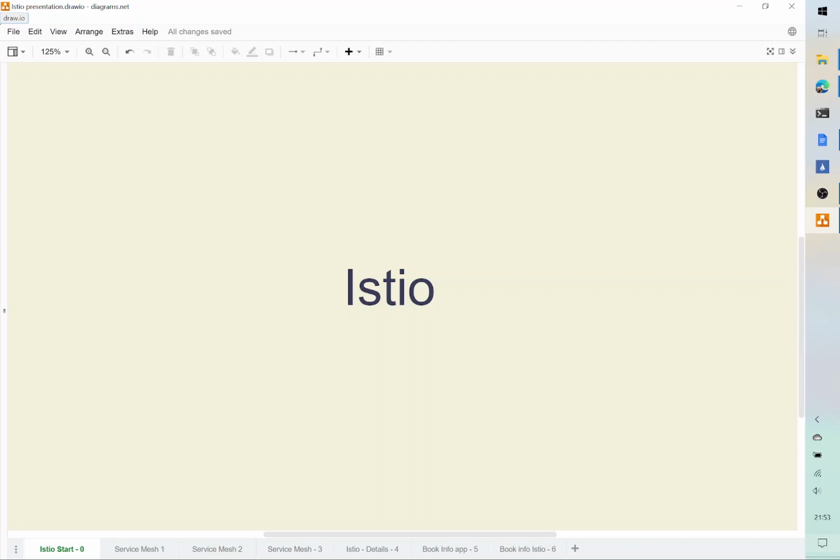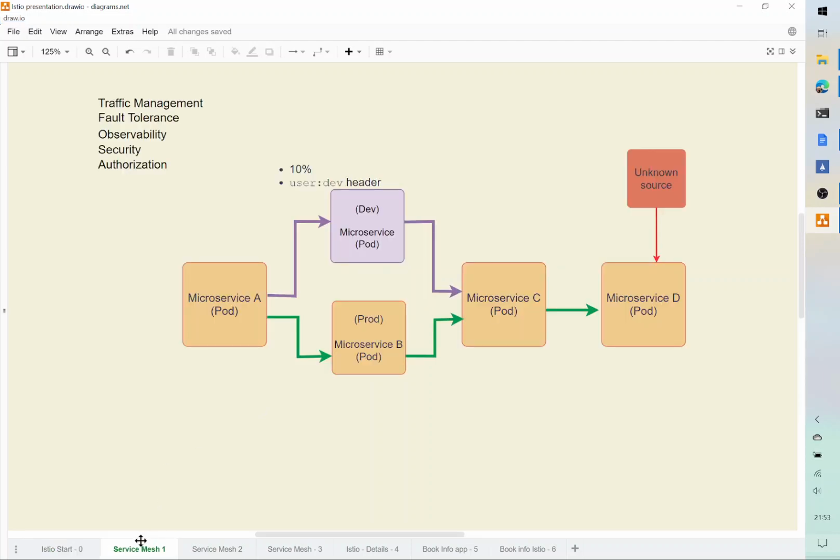Well, what is Istio? While Kubernetes is great at orchestrating workloads into pods and allowing us to manage and scale them, and also giving us the basic framework for networking and a DNS service as an add-on so that pods can connect with each other, it doesn't really give us more advanced features that are really essential in a microservices architecture. So it cannot by itself help us configure finer rules for network traffic management and fault tolerance. It cannot enforce encryption and authorization policies for our workloads, and it can't help us monitor our traffic between our services. Well, why do we need this?